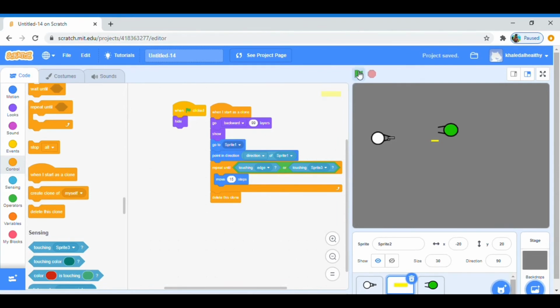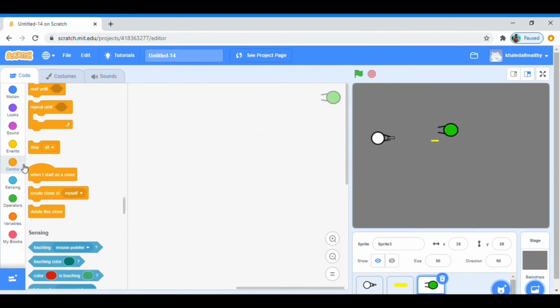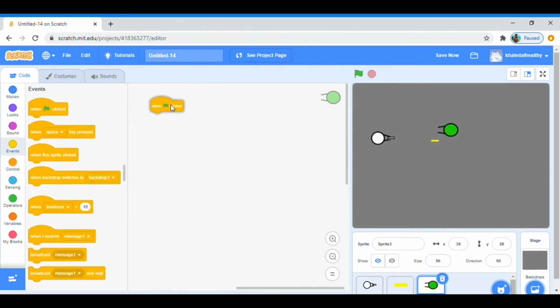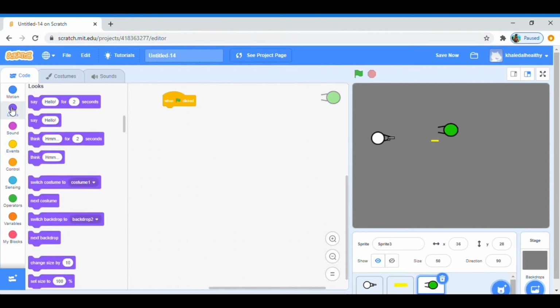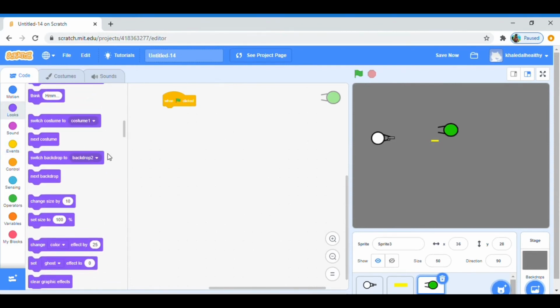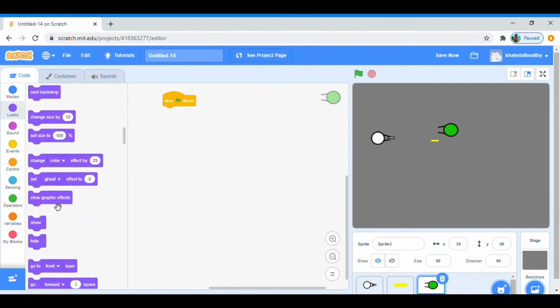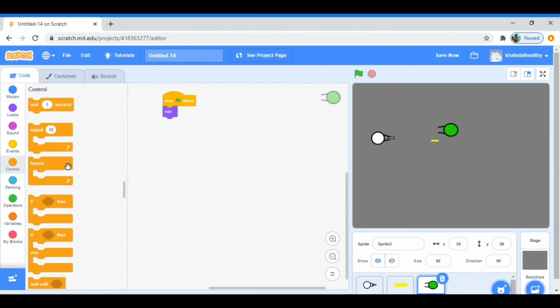So now we've done the bullet part. So now you want to go to zombies, and then when flag is clicked, and then obviously you want to hide it. It will show later, so hide, and then forever loop, and then wait, let's say 1.2 seconds,